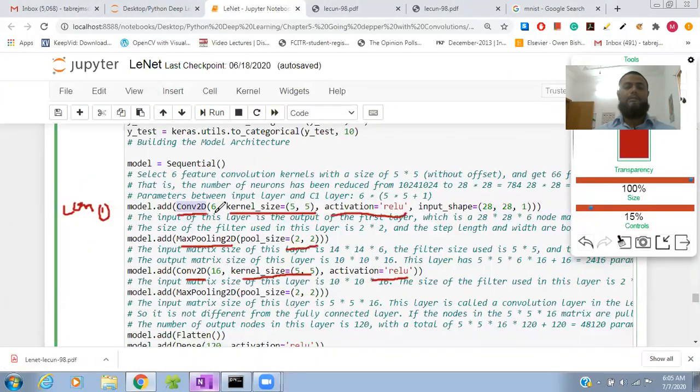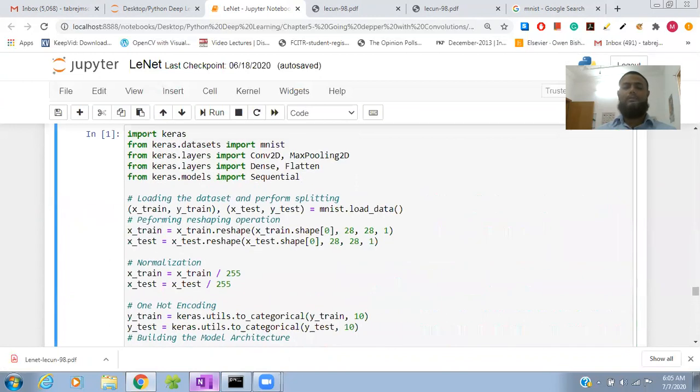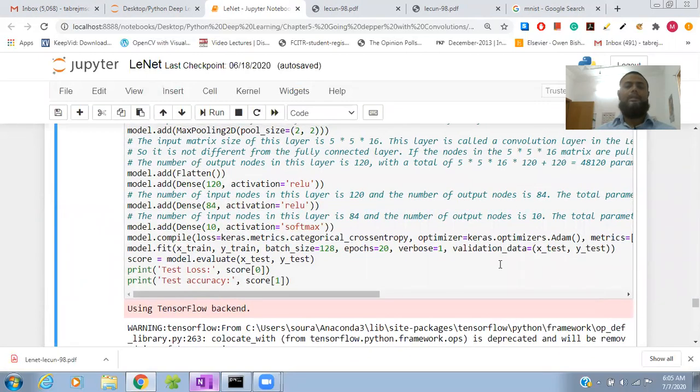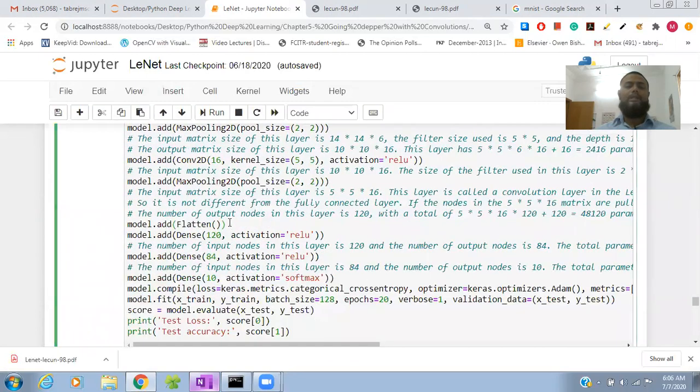The first time it is 6 filters, then 16. Then again we do model.add max pooling with pool size 2. Finally we flatten into the fully connected layer, and there is a dense layer.